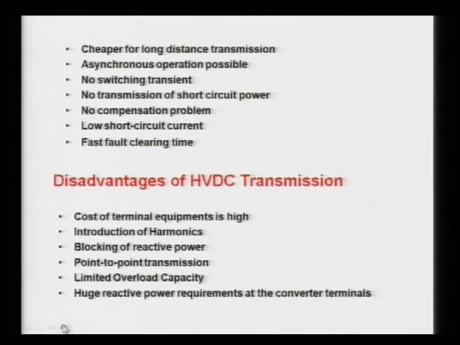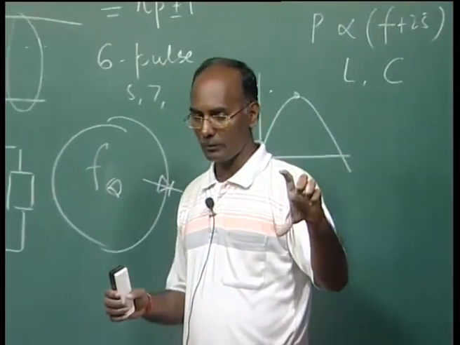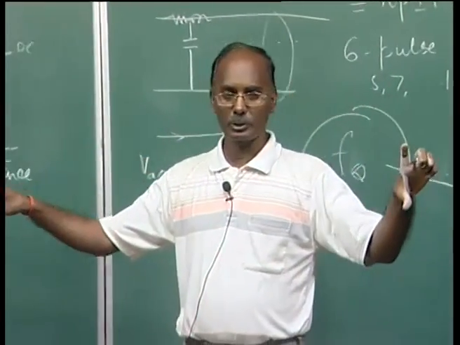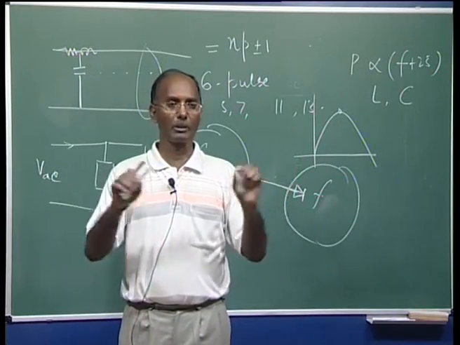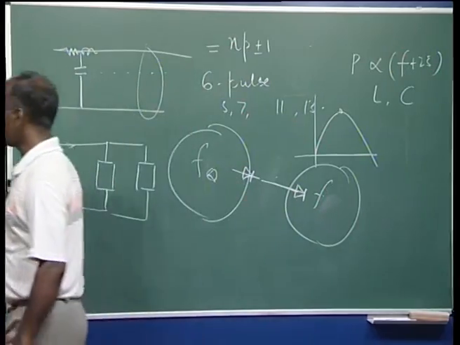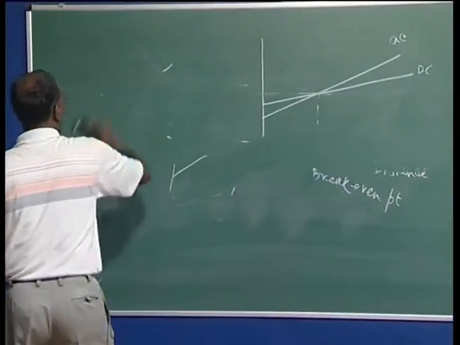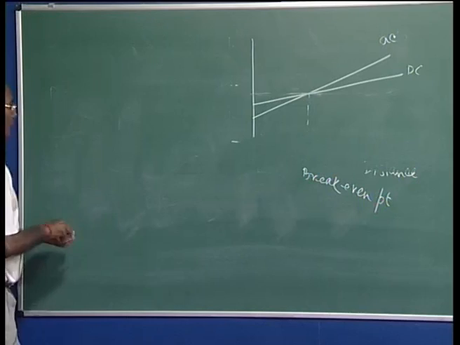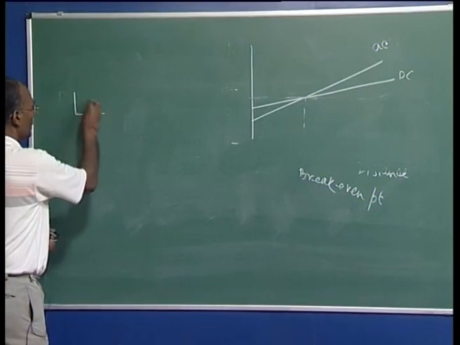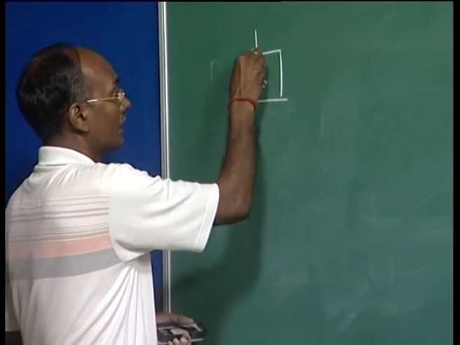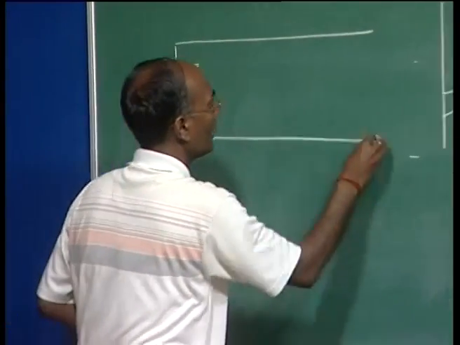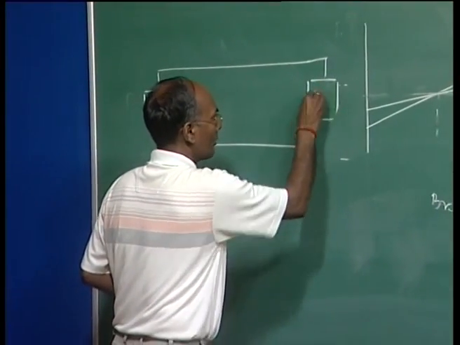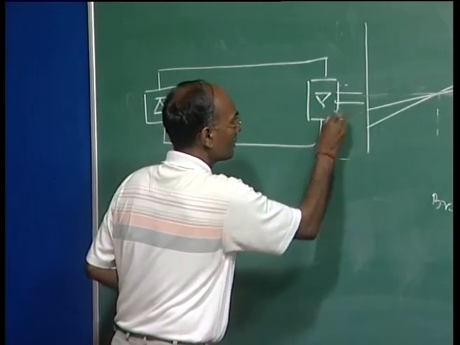The fourth problem that is very important is called point-to-point transmission. Point-to-point transmission means that if one converter is there and another inverter is there, you cannot tap the power in between. For example, if I say here this is your sending end, this is your DC line, this is your inverter, here 3 phase,